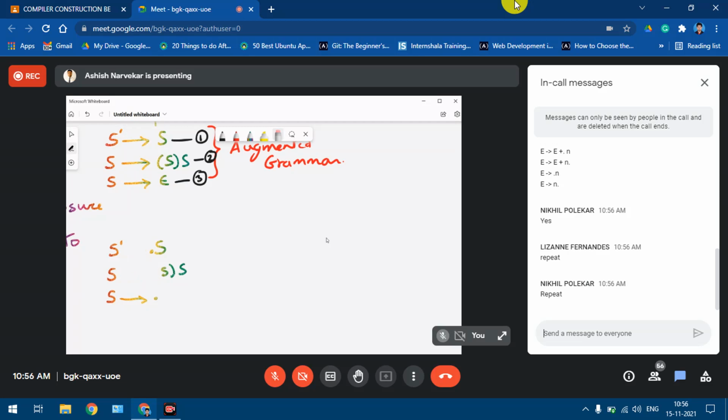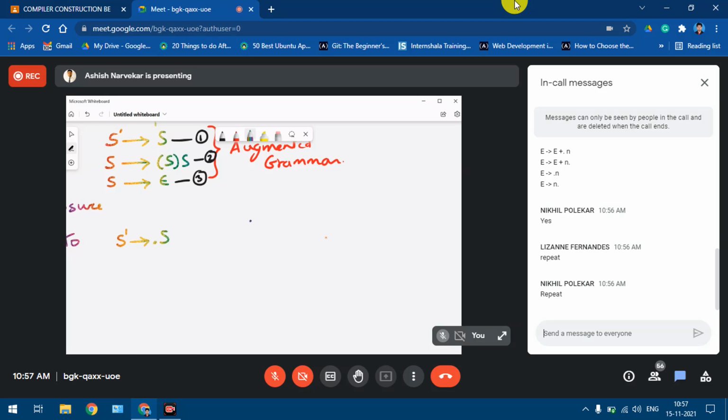See, first thing what we do here is the augmentation of grammar, I believe, is very clear to you all. We are just adding a new production. Then we start with the first production, which is nothing but a production of the augmented grammar. So S dash derives S, and we put a dot towards its left hand. Why we put a dot is to get the LR0 item for that particular production.